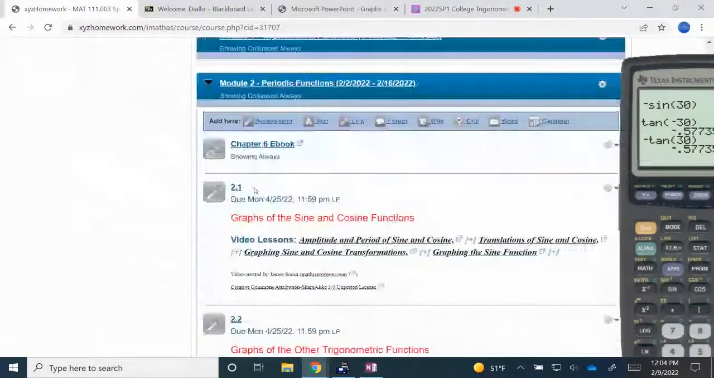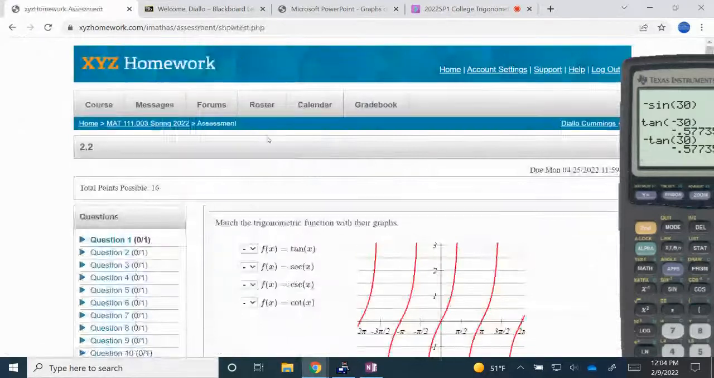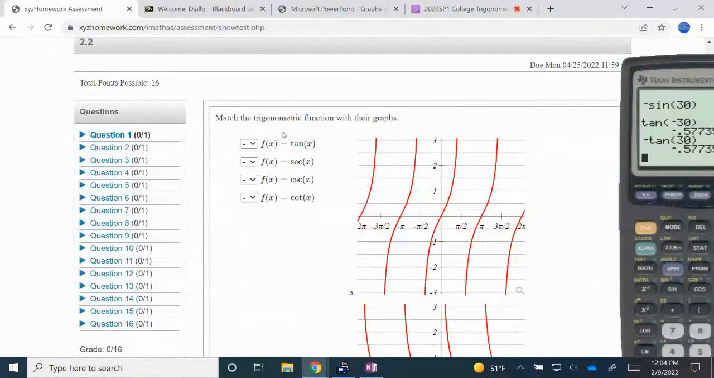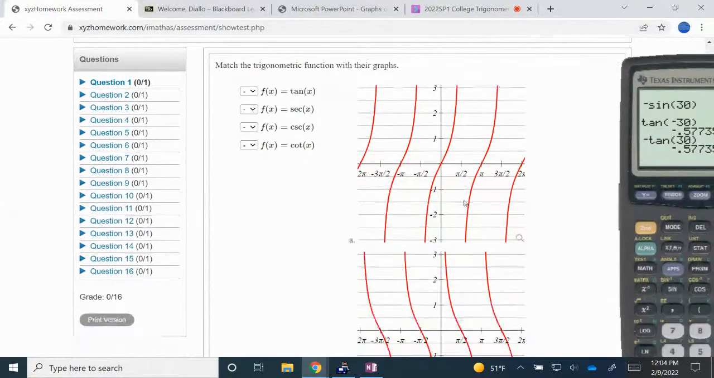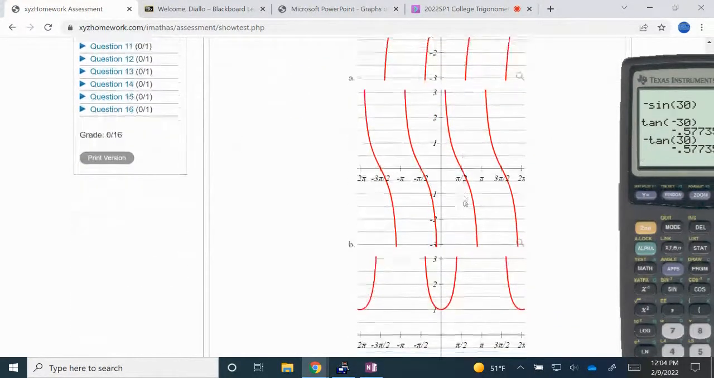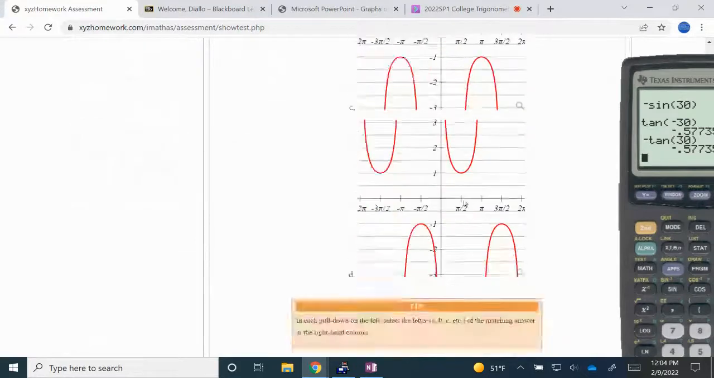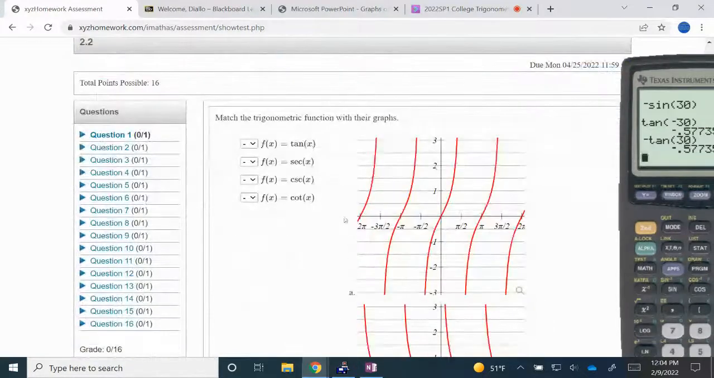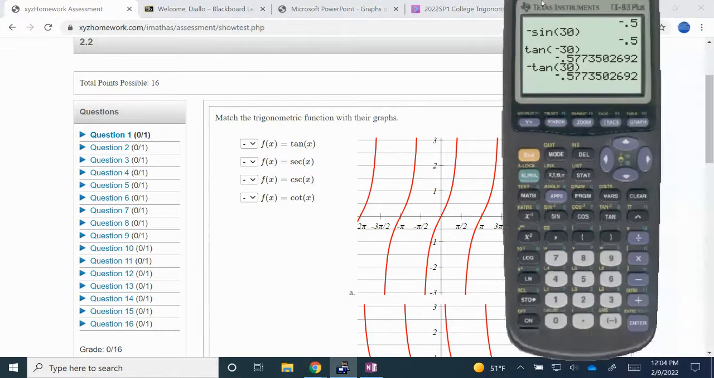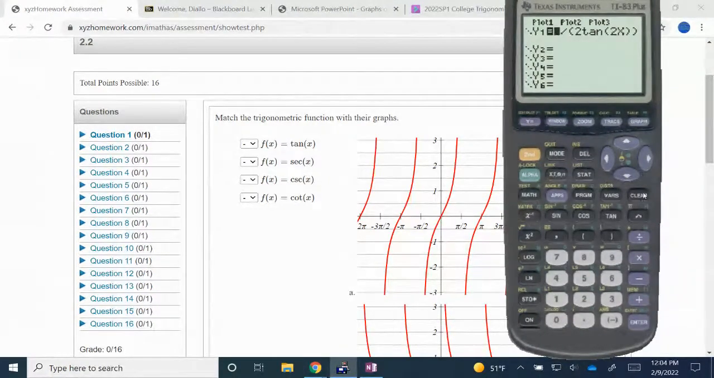All right, so if we take a look at some of the problems that are in X, Y, Z, for the first problem, you're just asked to match graphs. All right, so we talked about the tangent, and as you read the tangent from left to right, it goes up. So I believe this first graph would be a tangent curve. All right, and you can actually verify that by graphing on your calculator. So if I were to put in the tangent of x,